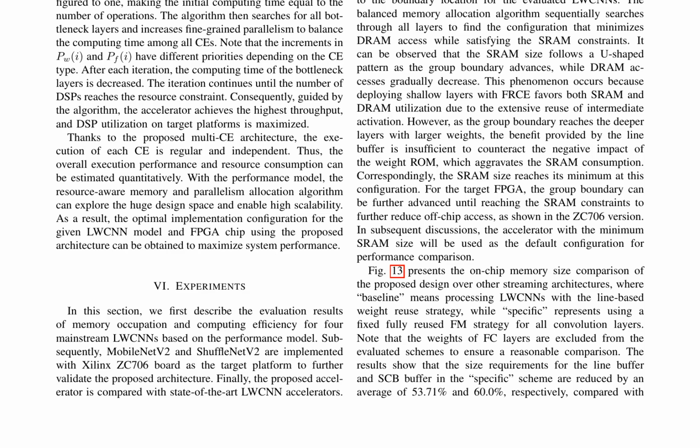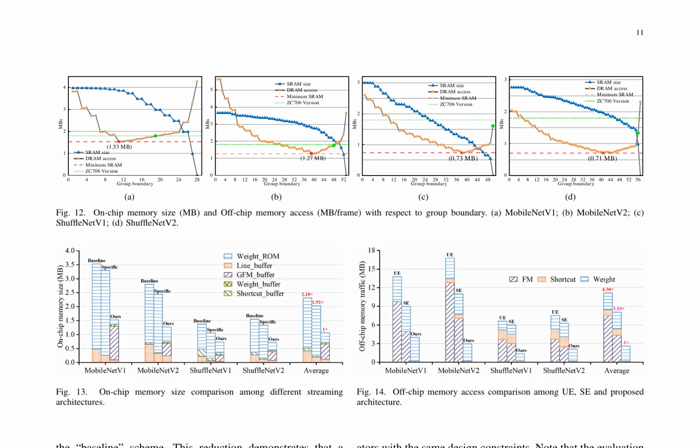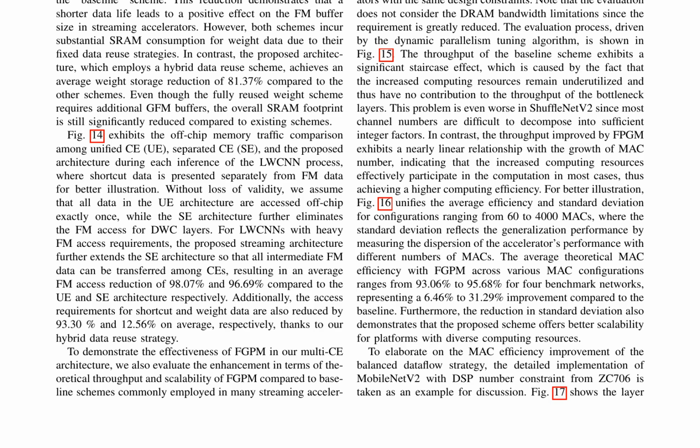The research paper discusses the design and evaluation of a novel streaming architecture for lightweight convolutional neural networks, LWCNNs. It presents a hybrid data reuse scheme, reducing SRAM consumption by 81.37% compared to existing schemes. The proposed architecture also achieves an average FM access reduction of 98.07% and 96.69% compared to the unified CE and separated CE architectures, respectively. The evaluation process focuses on the